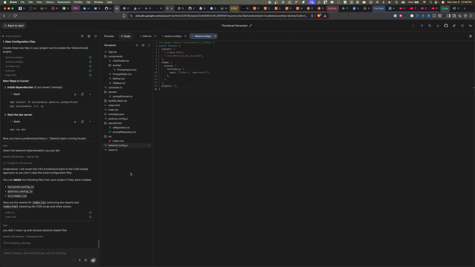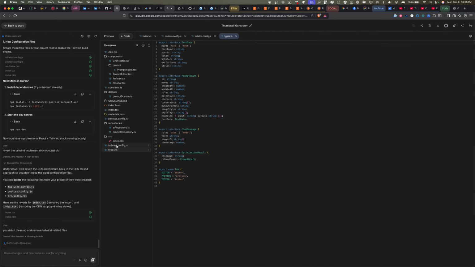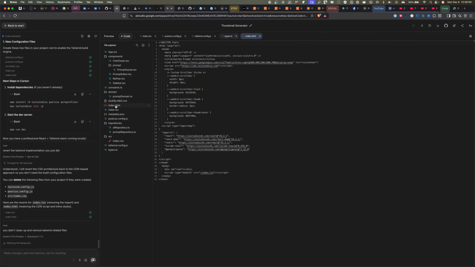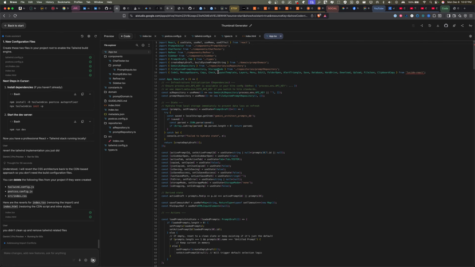I told it to revert, but it should have undone these files too. So it didn't do a full revert. Does index have any reference to Tailwind? It shouldn't have any references to Tailwind anywhere. I'm just double checking. So Tailwind should not be anywhere in here. It's still working.